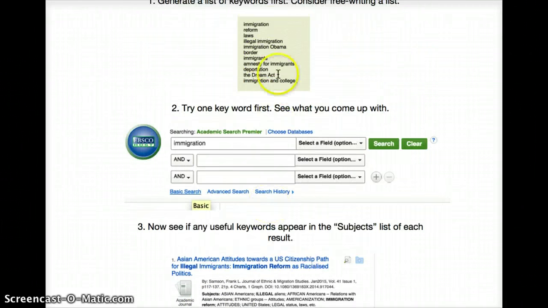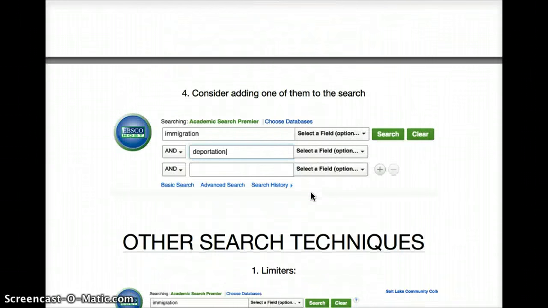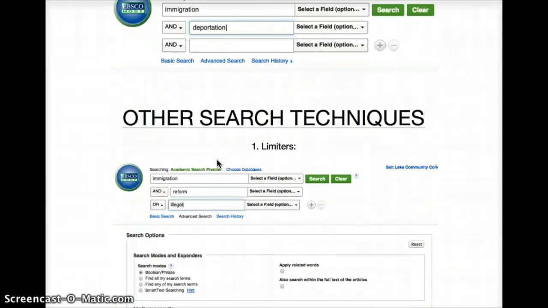All of those can be added to my list up here, and I can begin searching with those terms in addition to immigration. So here's one thing you might do. You might take immigration and add deportation in, and that can be useful, and you'll get a different set of results, probably less. And then what you can do is continually add terms, and you can change these ands to ors. So what a search like this is going to do for me, it's going to return results about immigration,